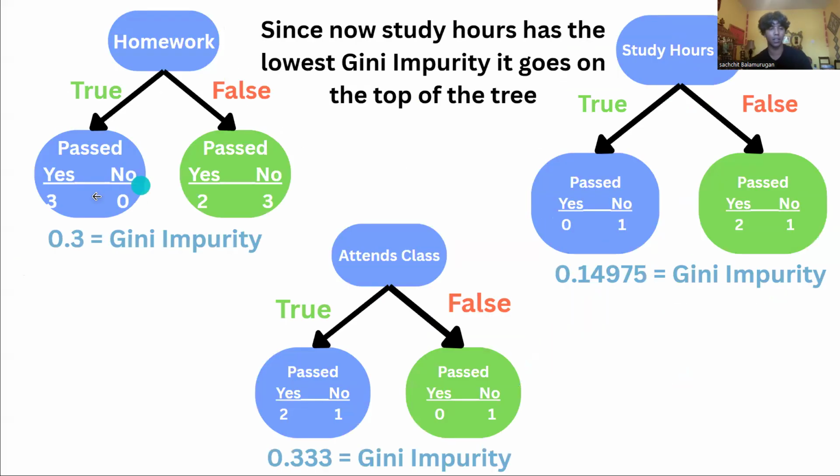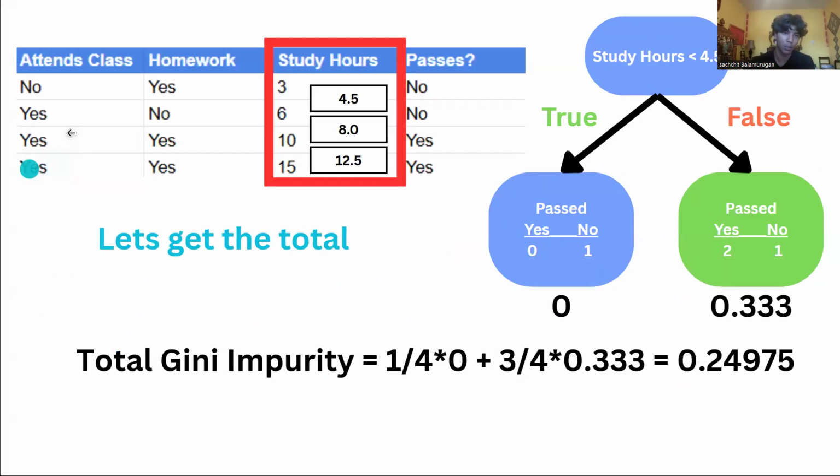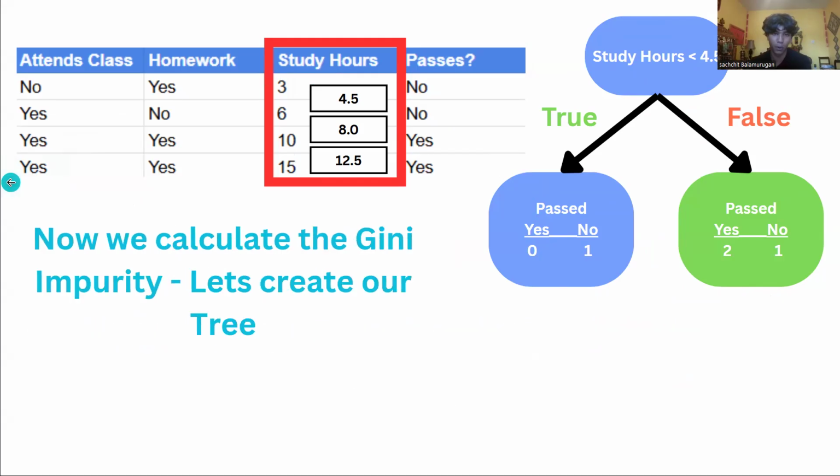You're just creating it based on your data. This is all based on your data. So let's go back to our data. The numbers we're checking here: first, if it's numerical values like this, you have to get the average for each adjacent value. Then you ask the question, study hours less than 4.5. We have one value here, and if that's true, then it'd be 0 for yes, 1 for no, and if it's false, if study hours is greater than 4.5, then 6, 10, 15, and then you're creating this data value.